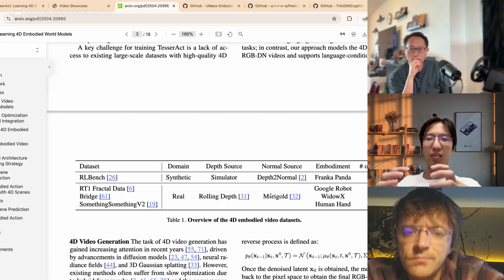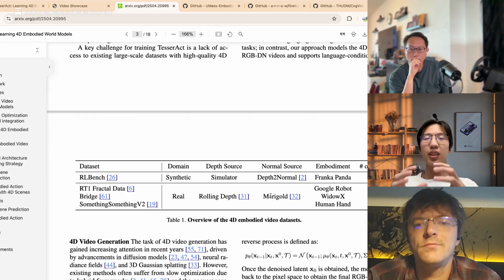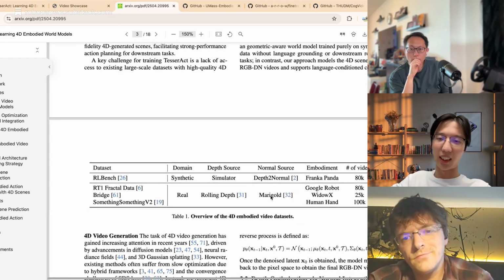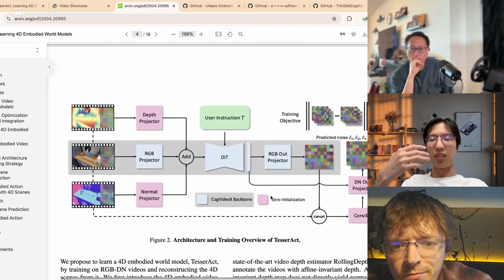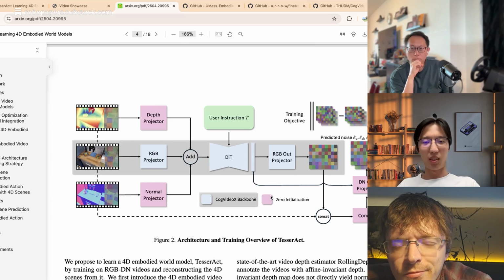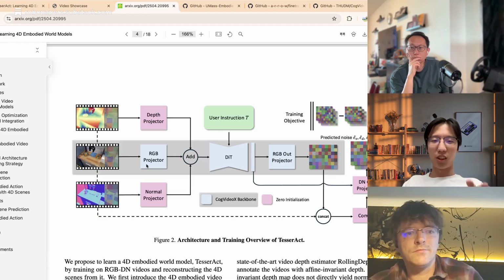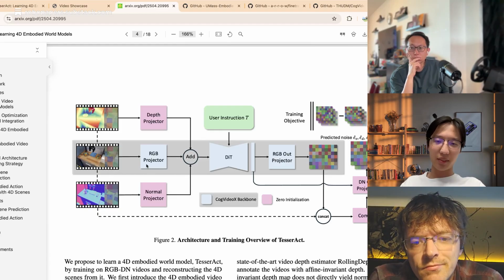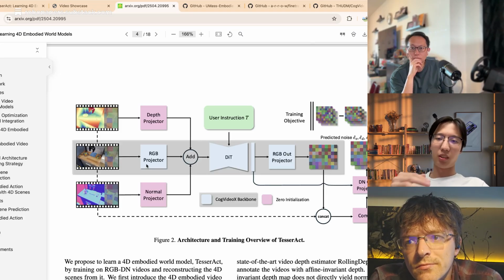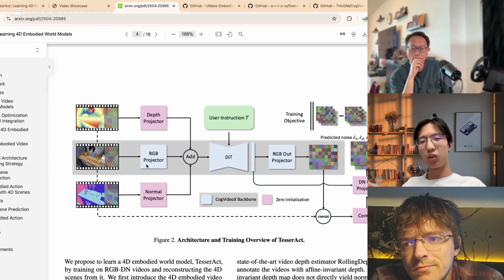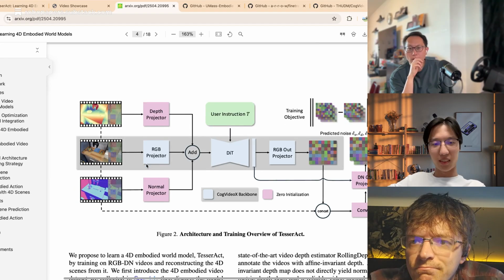Then we combine their knowledge together to design and train TesserAct. So TesserAct can predict these 3D and 4D images, and then we can use them to get a robot to perform actions in the real world or in a simulator.